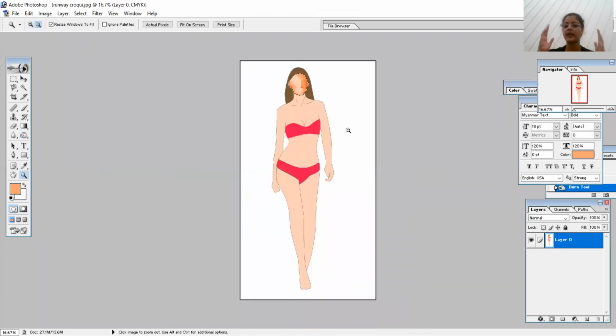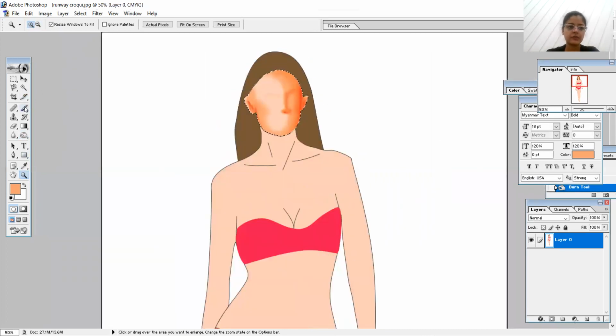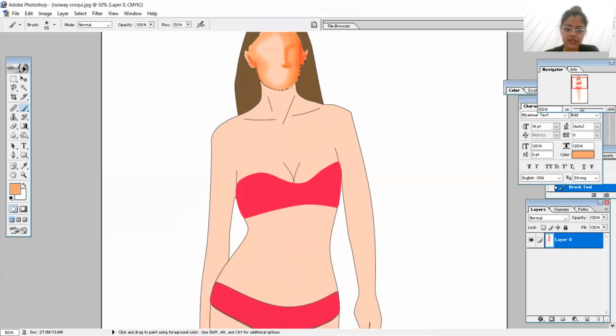Okay. So here it is clearly seen that the left part is full of light falling over there, and the right part is full of shadow. Right part में बहुत shadow है और left में हमारा light fall है. So हम थोड़ा सा लाइट को यहाँ भी बैलेंस कर देते हैं. Okay, so this much is done. If you want to add the impression of lips or you want to give eyes, that's totally up to you. Your call. Do according to your preference.